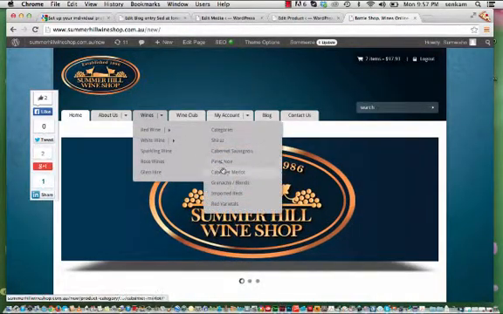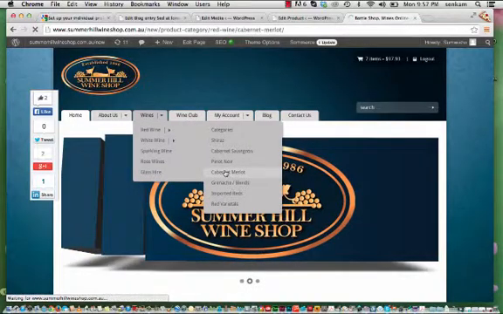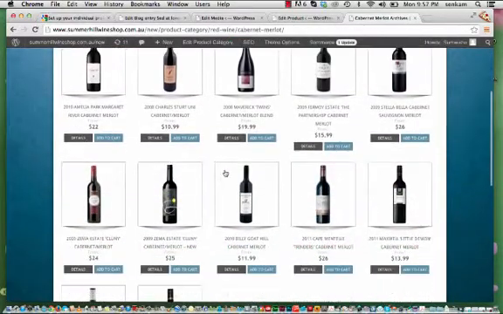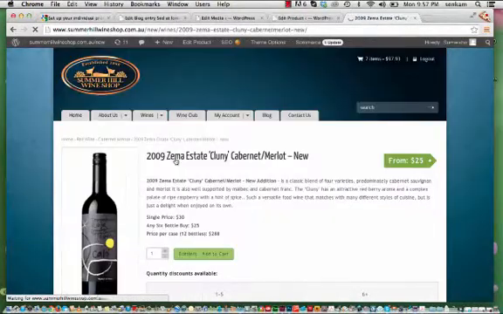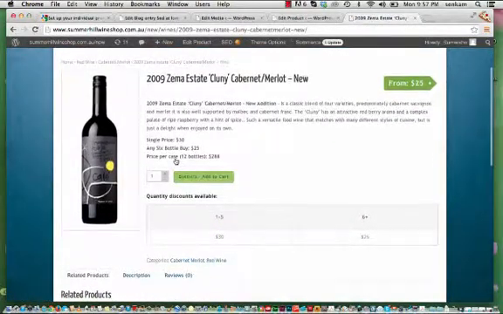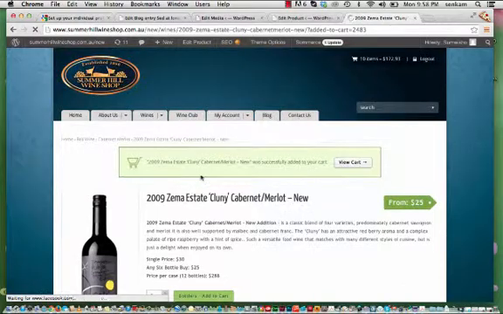So we'll go to wines, red wine, Cabernet Merlot, Cluny New, and that's what we had to do. So the table appears now, so it's all complete and ready to use. So if I get 3 bottles, add to cart, view cart,